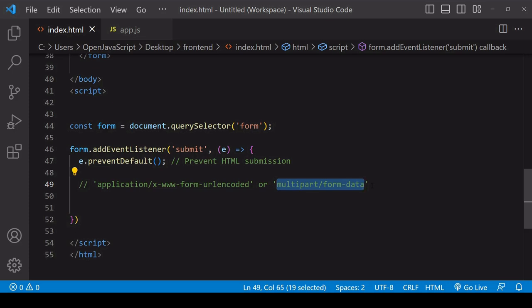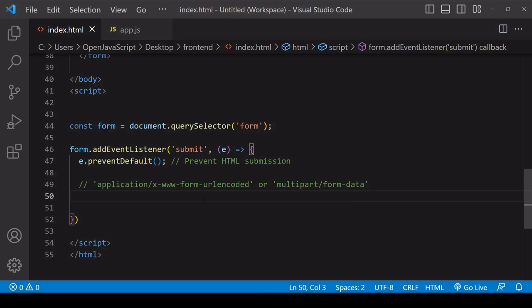Now, if you want to, you can send form data every single time as multipart form data, and it will work, but it isn't the most efficient solution because with multipart form data, there are separators and metadata about each bit of content, which if form data doesn't contain a file are unnecessary. So if you want to be efficient, you should use URL encoding if the form data does not contain a file, and if it does have a file attachment, you should send it as multipart form data. And I'll show you what the payload looks like in both of these cases when I submit the form